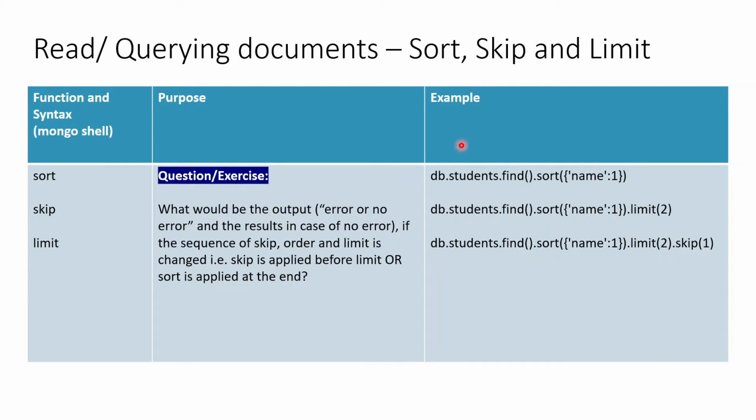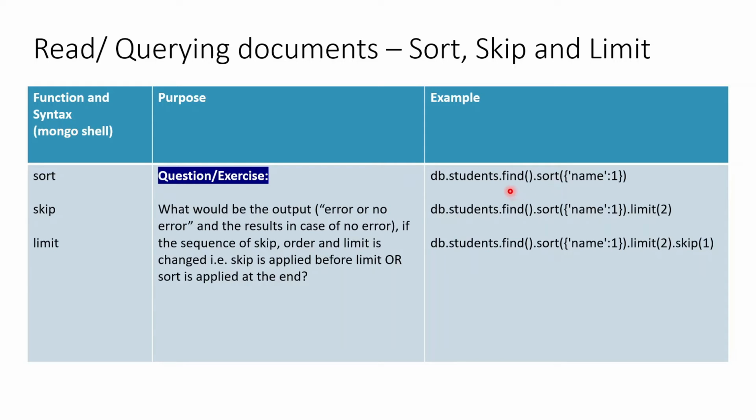These functions have equal importance here also in MongoDB. They serve the same purpose, right? To provide pagination in our web pages. If we want to limit our results to 50, 100 or X number of records, that can be done using this function. If we want to sort, order our records or results based upon some criteria, that can also be given. So first let us see the sort, right?